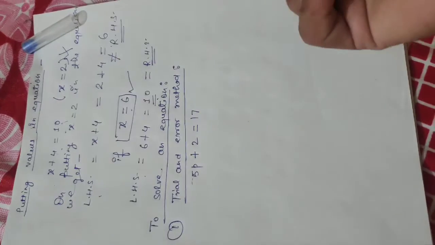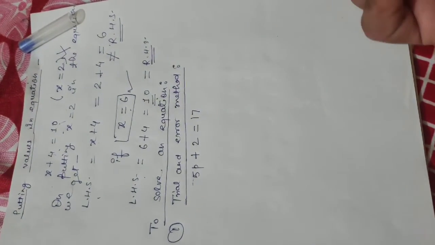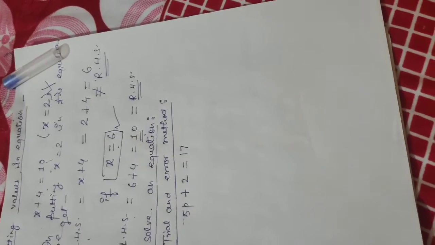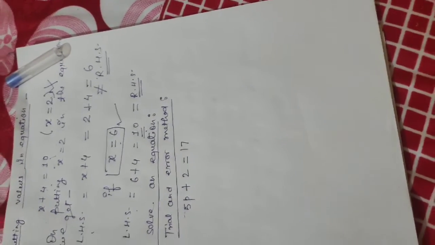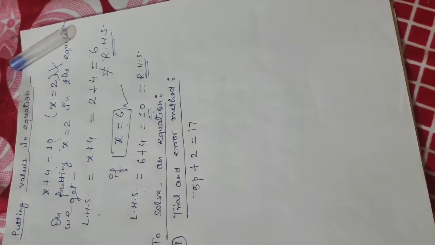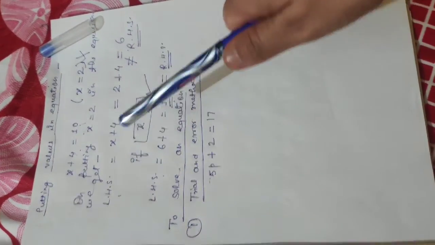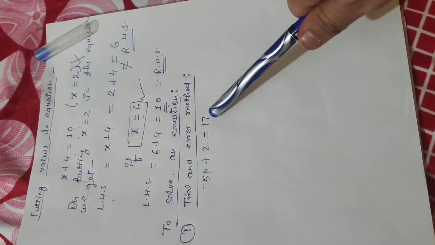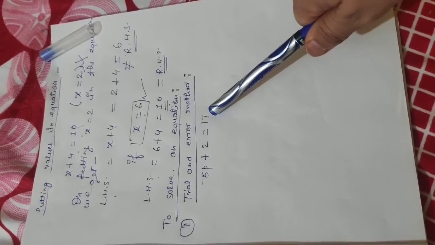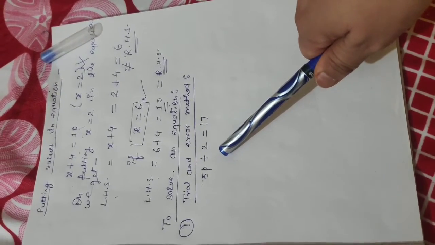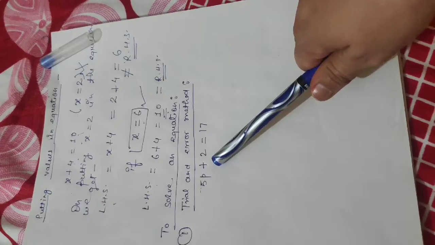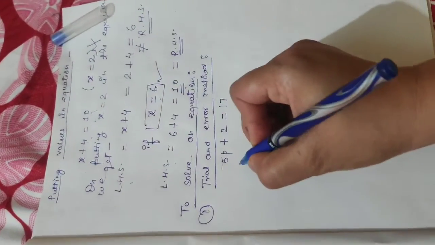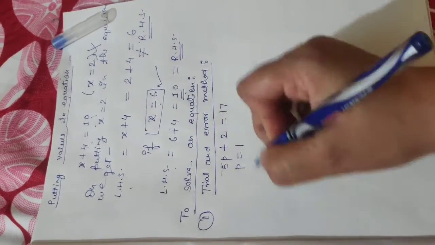Obviously in the first trial we may or may not get the correct answer. If you are not getting the correct answer, that means you are making an error. So by learning from the errors, you have to solve again and try the next value. We have already learned how to put in values. So on our own, we will give values to the variable and then check whether the left side is equal to the right side or not. If it is equal, then that value is the solution of the equation. If it is not making both sides the same, we will check for another value. So let's check by giving p equals 1.